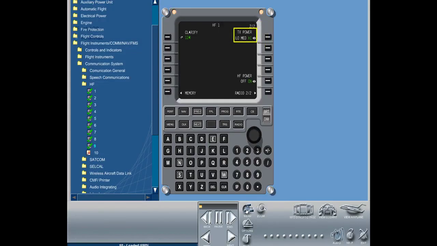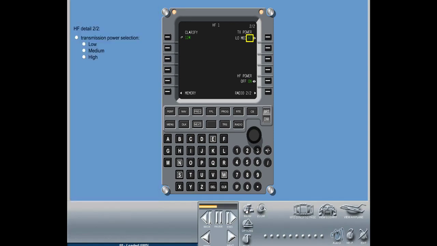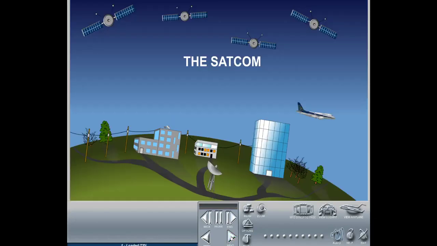There are 3 transmission power selections: low, medium, or high. After a communication system reset, the transmission power defaults to high, which should be used during the normal operation. The HF radio can be selected on and off by pressing the line select key. The SATCOM